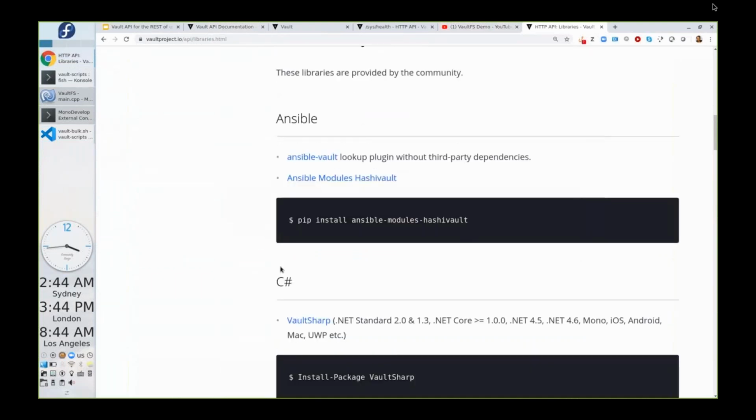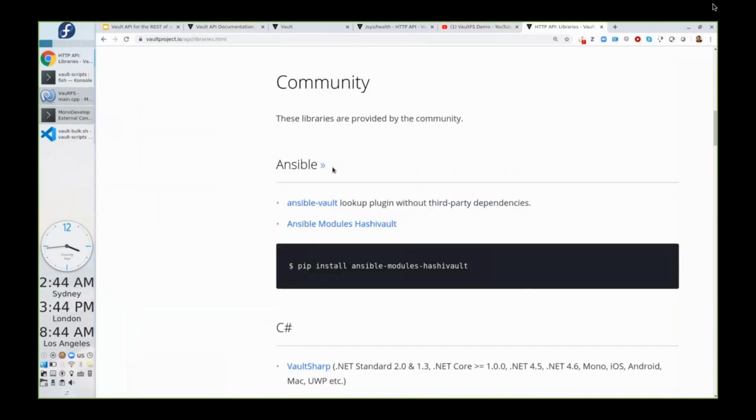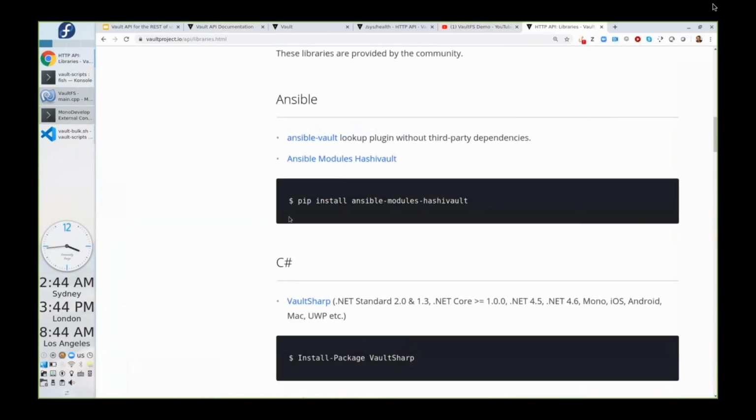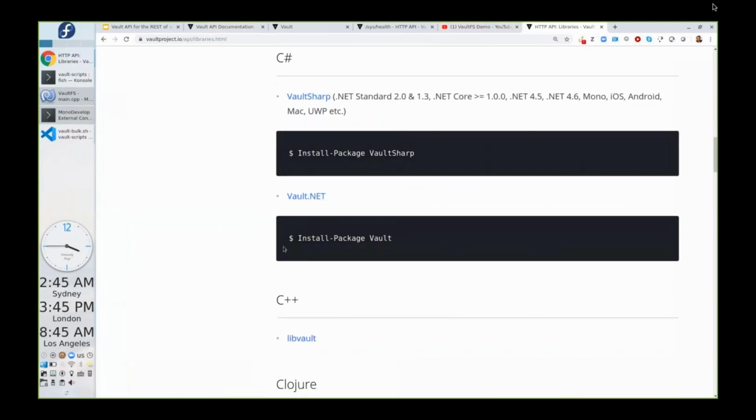So Ansible, you would think, is pretty common. In fact, we have a lot of customers that use Terraform to provision, Ansible to configure, and Vault to secure. That's fine. It's just that this code is usually maintained by the Ansible crew at Red Hat, or maintained in conjunction with them. So we can't always guarantee a cross-compatible matrix of versions. Right? In fact, the Medium post I was trying to look up lists an example where maybe the Ansible binding or the C# binding supports certain versions of Vault and certain versions that don't. So